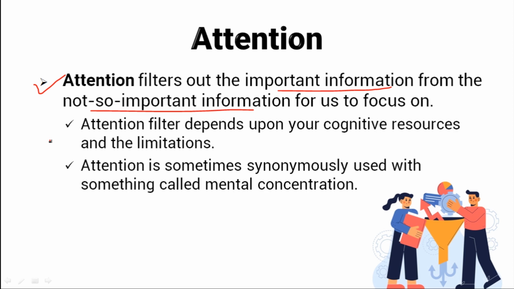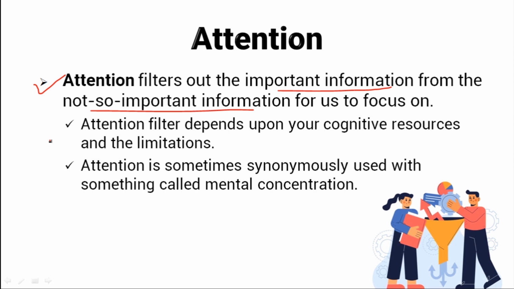So when we perceive the world, the first step is called attention. Attention is like a filter in your brain that separates the information you want to pay attention to from the information that you don't want to pay attention to. This filter is based on our assumptions and motivations. For instance, if you are reading a book in a noisy room, your attention will filter out the noise and focus only on the book.